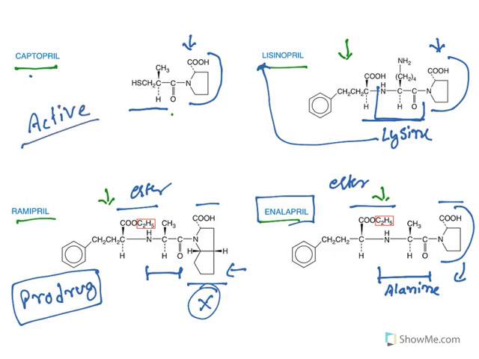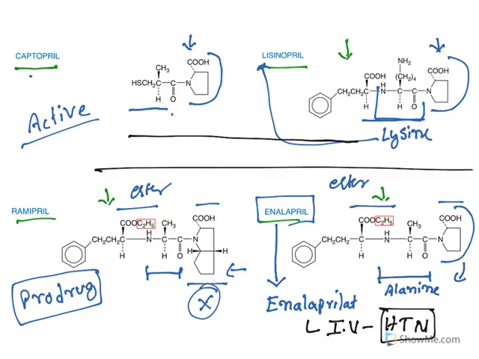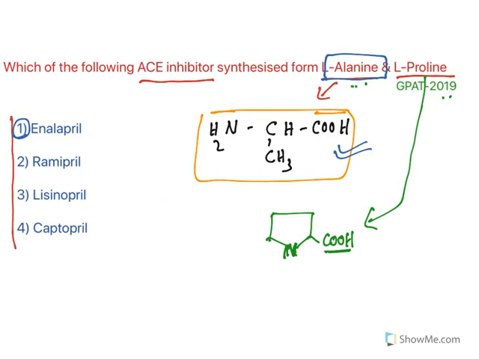Now the other one. Once this ester is cleaved, it is converted to acid. They are known as the -at forms. That means enalapril is converted to enalaprilat. In fact, this enalaprilat is used in IV form to treat hypertension. So these are some of the things you need to understand. The carboxylic acid drugs are active drugs, whereas ester drugs are prodrugs. So the answer for this proline-containing as well as alanine-containing drug is enalapril. This is a structure-based question. When you know the structures, then you can answer this question.